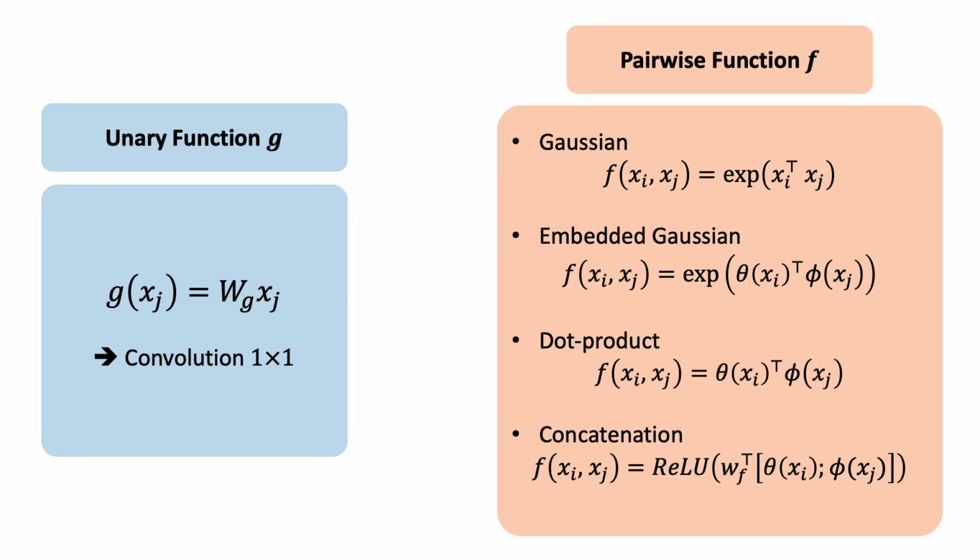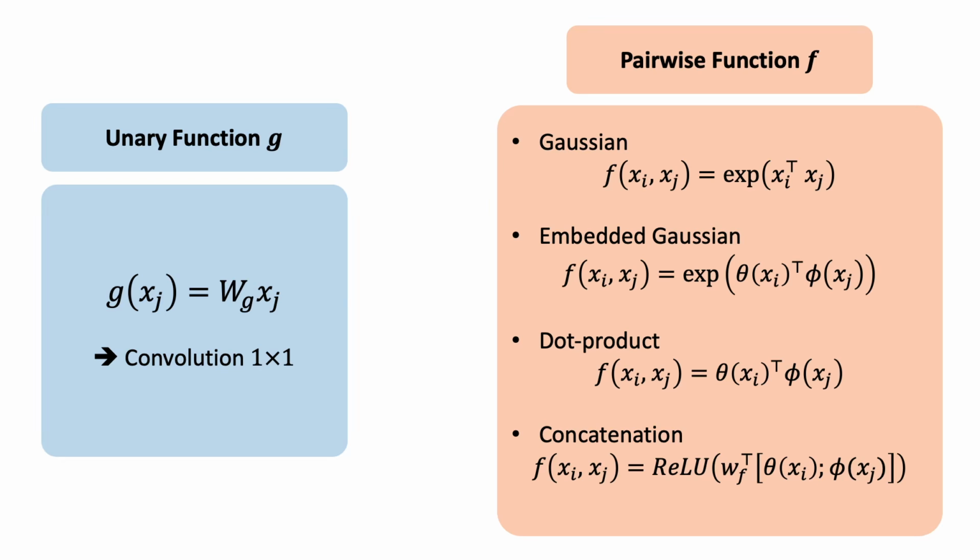The first choice is to use the Gaussian function given as exp of xi transpose xj. The second option is an extension of the Gaussian function on the embedded features. So in this case, we first apply these embedding functions theta and phi to xi and xj respectively, and then take the exp of the dot product between these embedded vectors. As we will see, this case is indeed similar or identical to self-attention depending on the choices of theta and